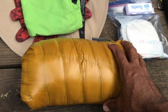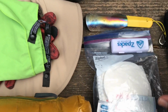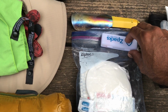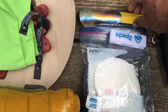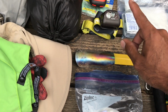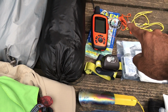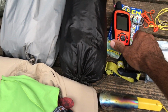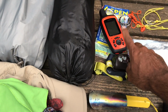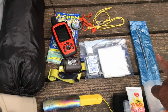And then here we have the Mountain Hardwear Ghost Whisperer, first aid kit, toothbrushing kit, of course, right next to the She Whiz Big Dig poop trowel, Petzl Active for headlamp, navigation area. So I always bring a compass, even if it's really well marked. The map of the area, so that's in Aspen, going around the Maroon Bells, and then the Garmin Explorer Plus,